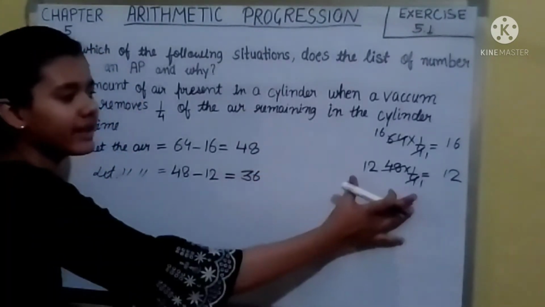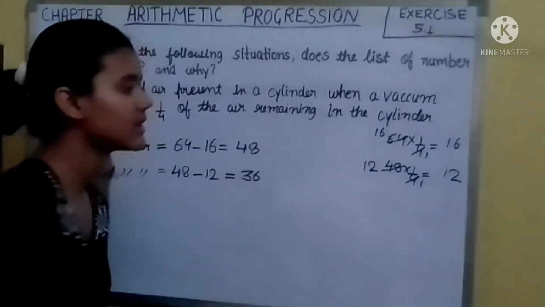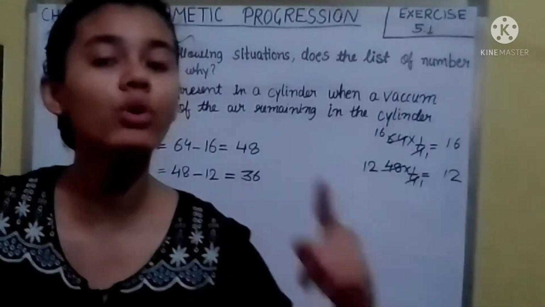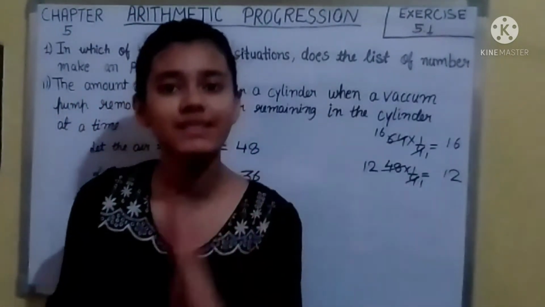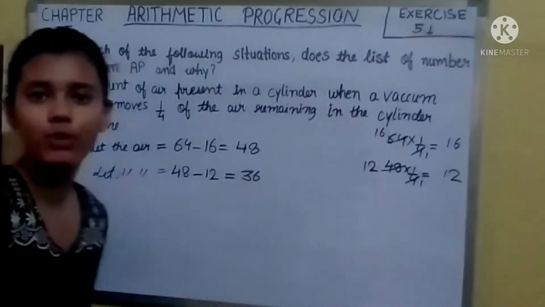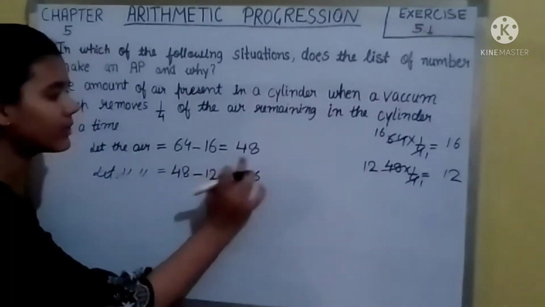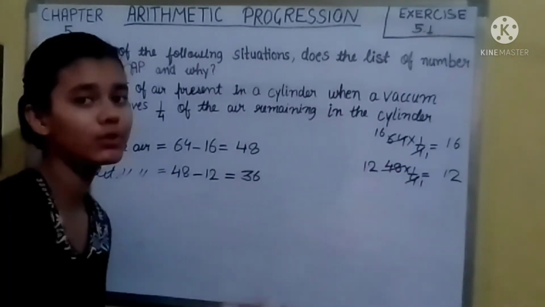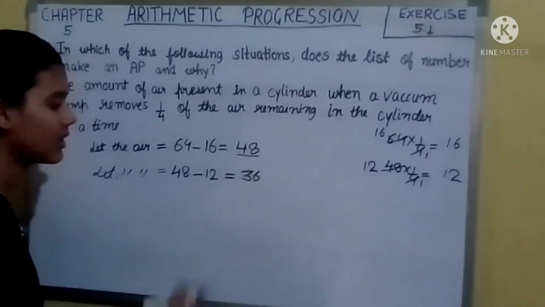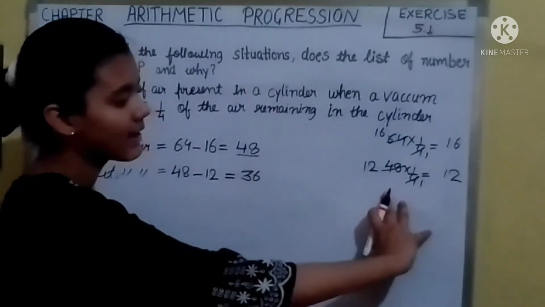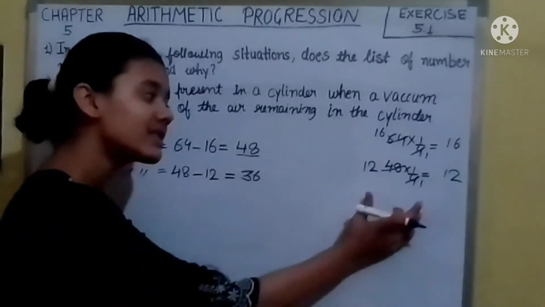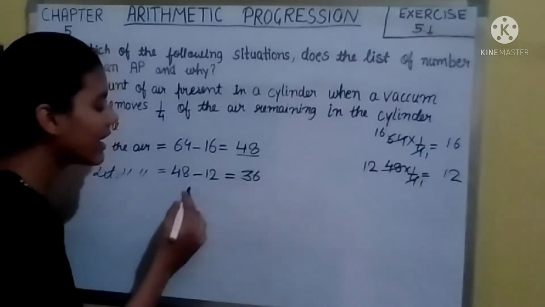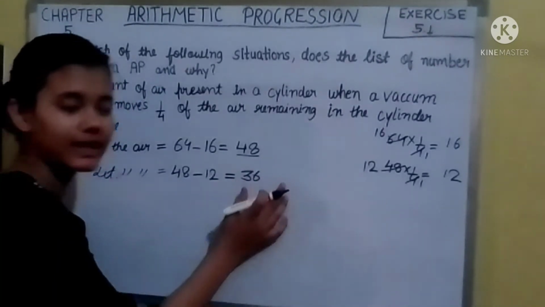Now you must be thinking why I am multiplying 1/4 to all these numbers. It is because in the question it is said that we are removing 1/4 of the gas which is present in the cylinder. So first 64 liters was present, so we remove 16 liters from that because we have to remove 1/4 part. Then 48 was left, so we did a calculation like 48 into 1/4. By this calculation we will get how much part we have to remove. Then that part we subtract from the total gas and we will get the value.